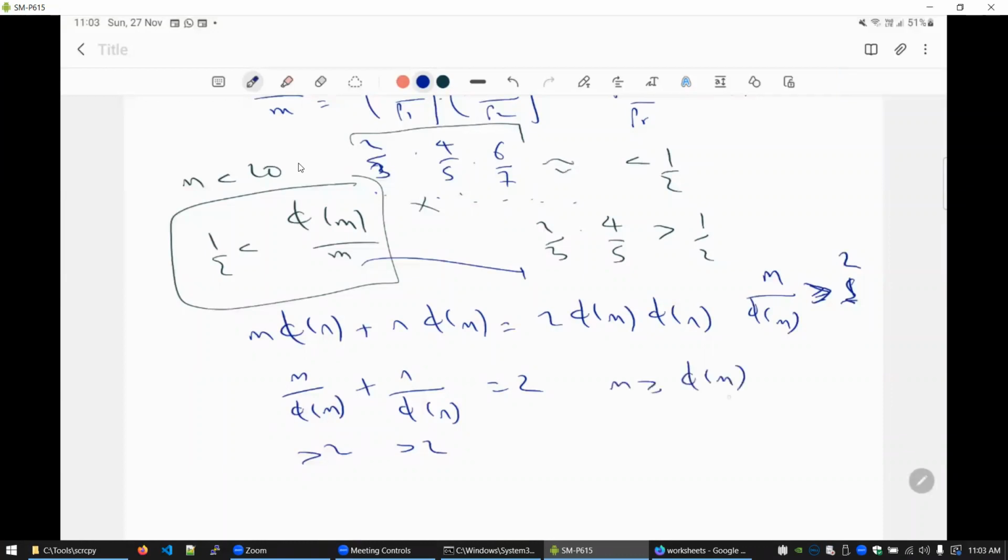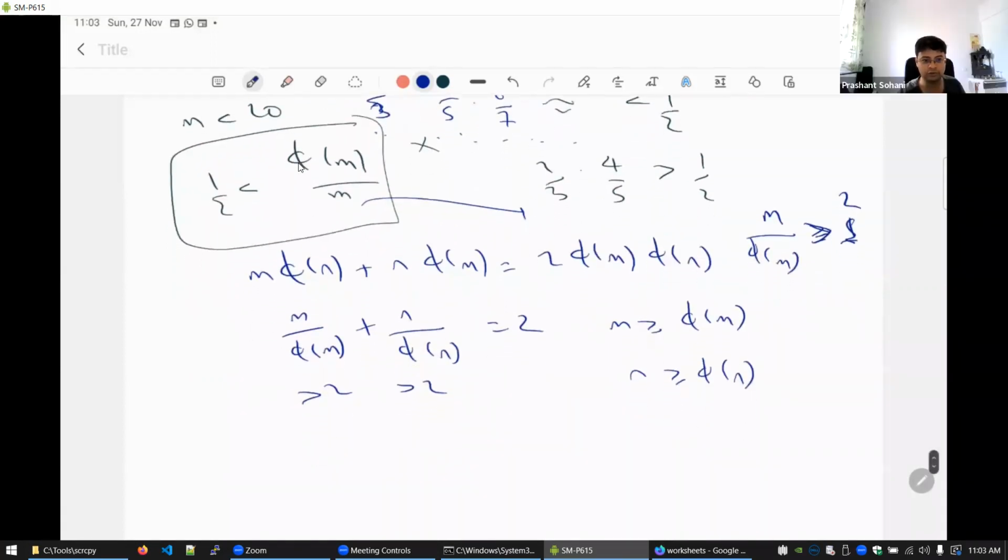the sum is greater than or equal to 2, which means m and n have to be 1. Yeah, correct. So that is the only solution. If m and n are not equal to 1, then this will be strict inequalities, one of them. So the equality cannot happen. So m and n equal to 1 is the only solution. So the answer of this problem is that